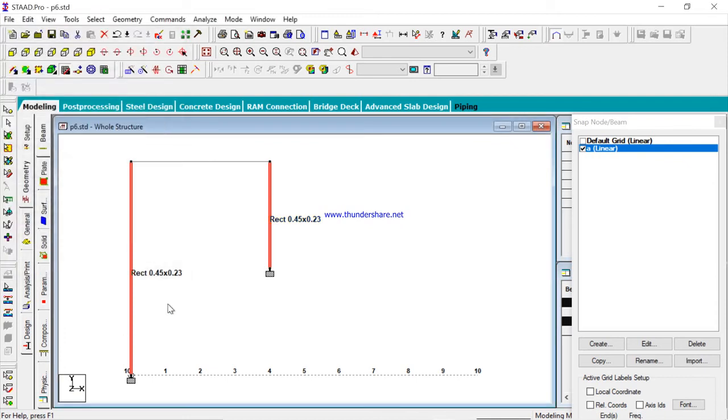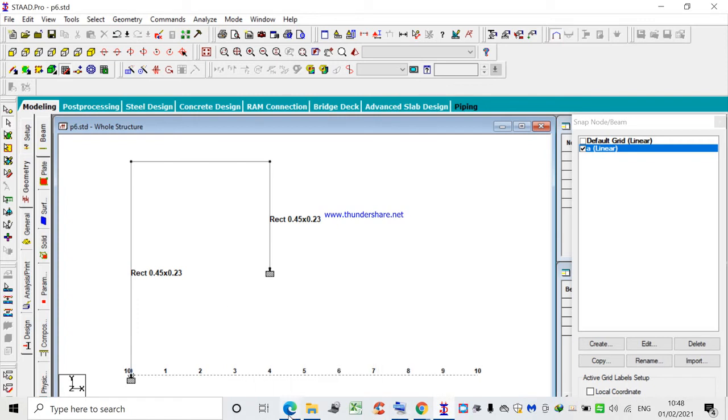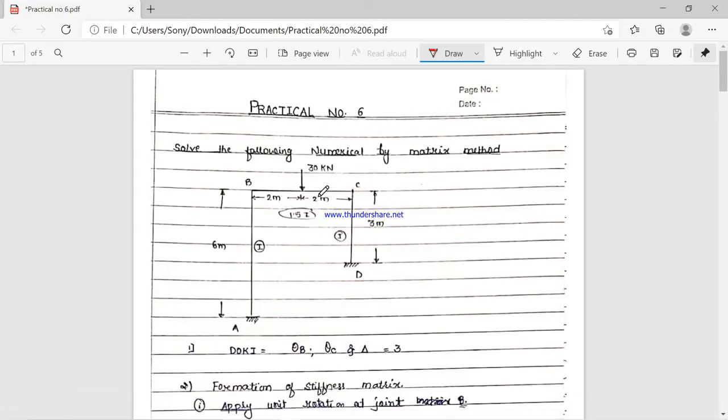Now the remaining portion is the beam. If you see that along the beam the I factor is 1.5, then we have to consider that the depth factor is going to change.